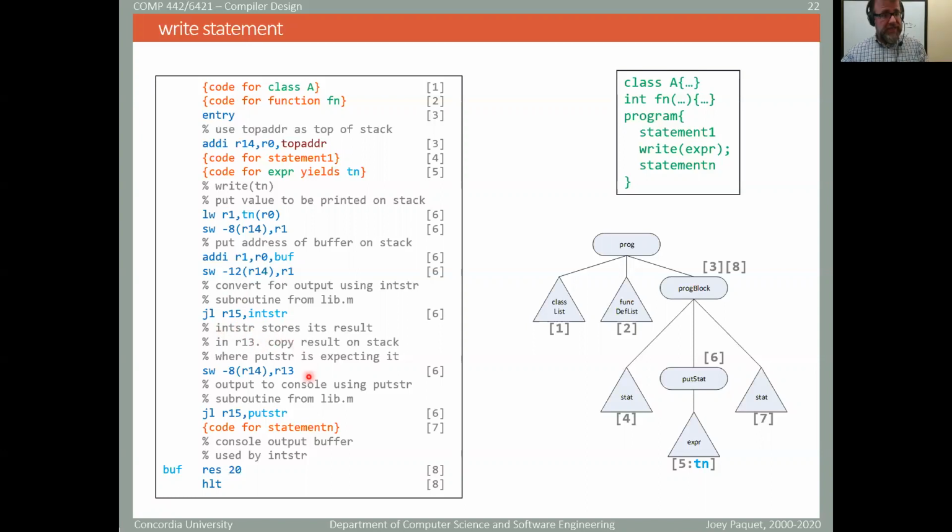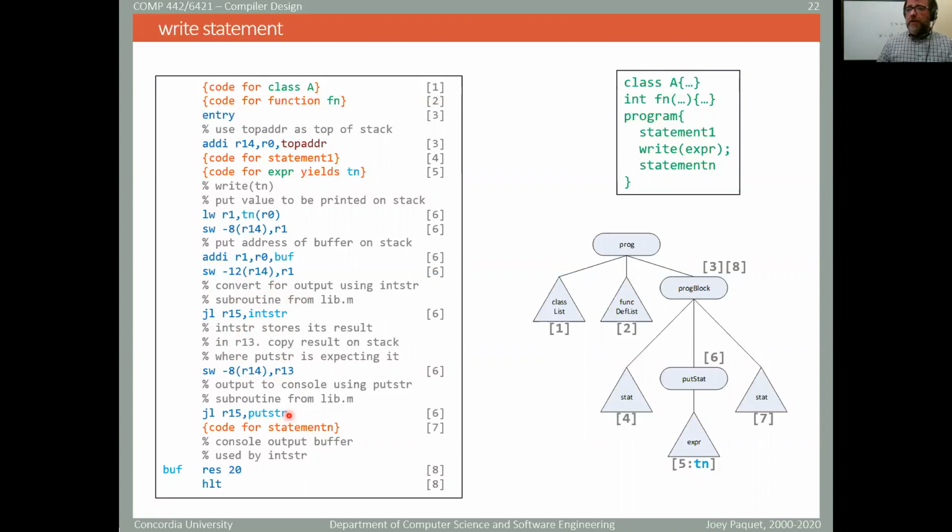So if you want to use it later on, such as we will do, you need to retrieve it from register 13. So that's what we do. We call this int str. It does its job, stores this result in register 13. We come back here, and then we get register 13. And now what I'm doing is good, because now I'm going to actually use the putstr